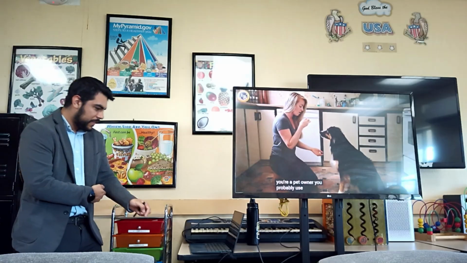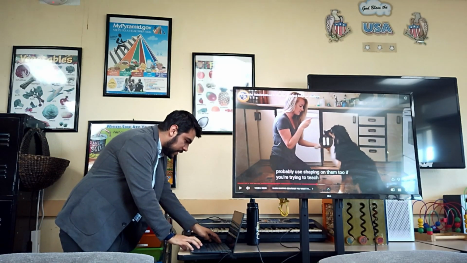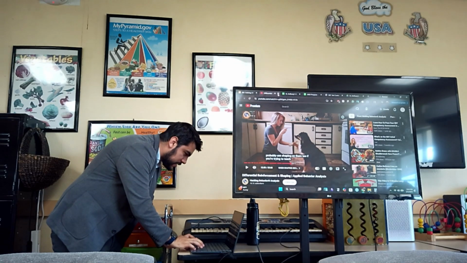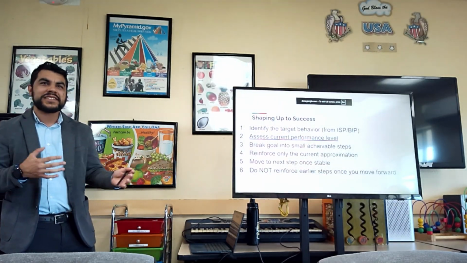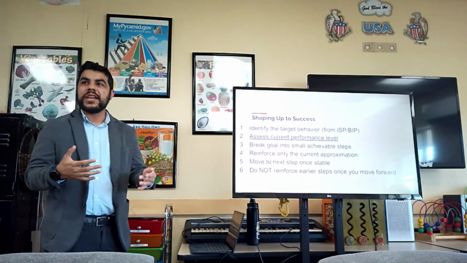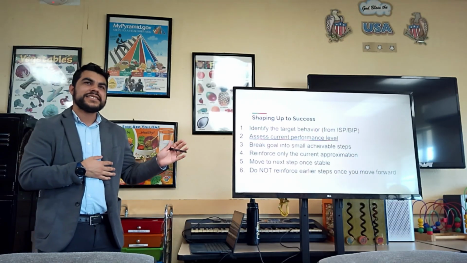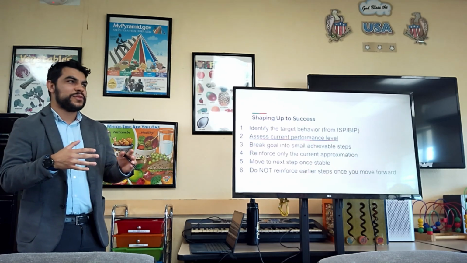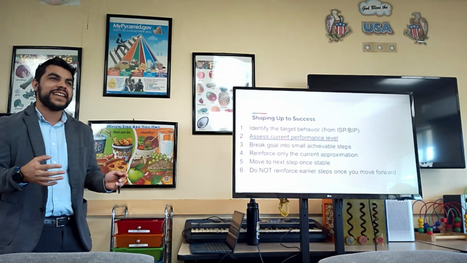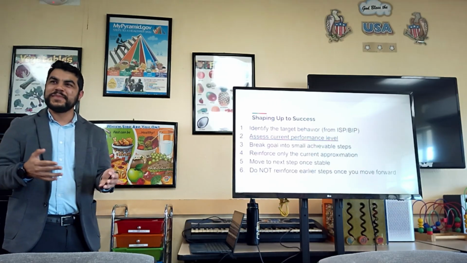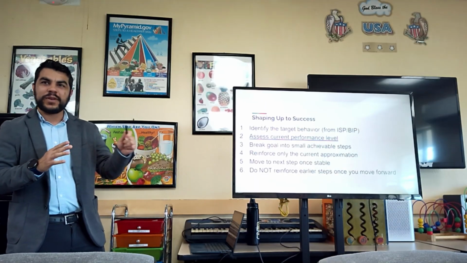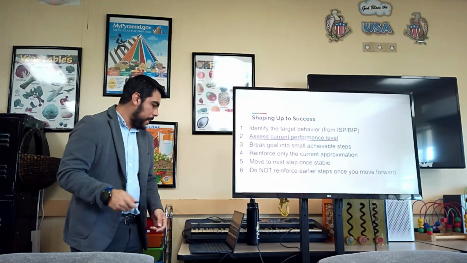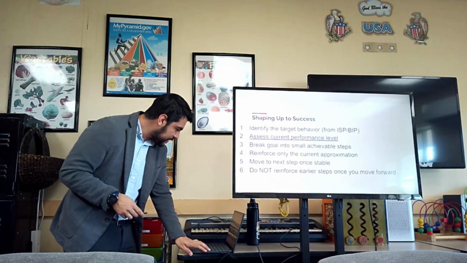So shaping, and again, if you're a pet owner, you probably use shaping on them too. The principles of behavior apply to more than just us humans. But again, a more comical example of what shaping can accomplish. In that case, it might not have been the most thorough procedure, given that he didn't plan for the animal to begin moonwalking. But it just happened incidentally where he began reinforcing that particular response. And the rat learned how to moonwalk.